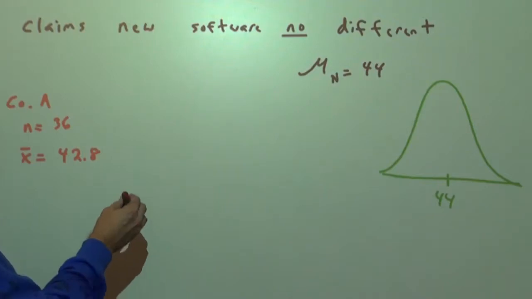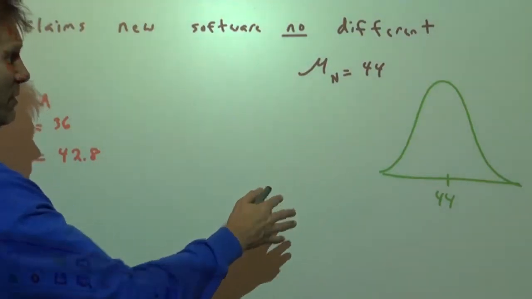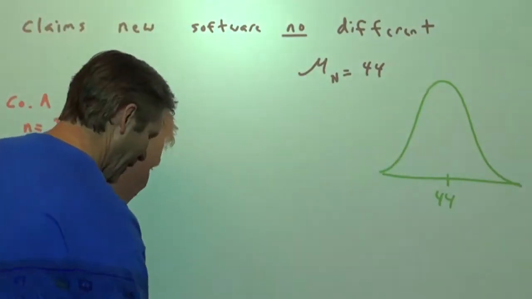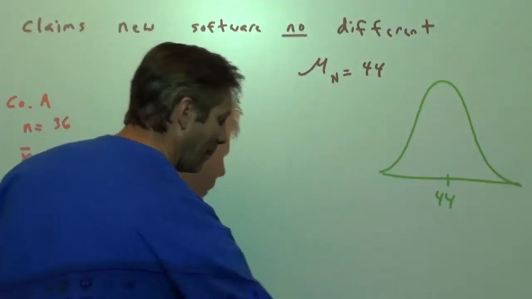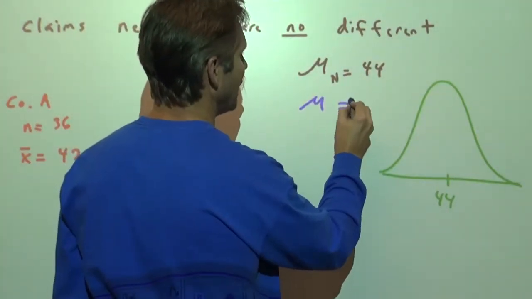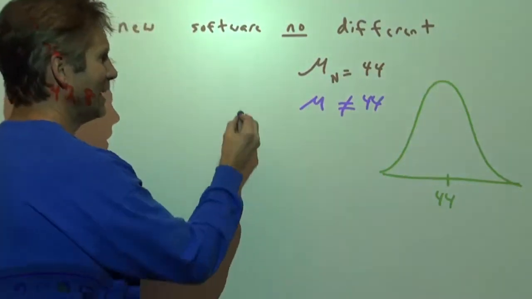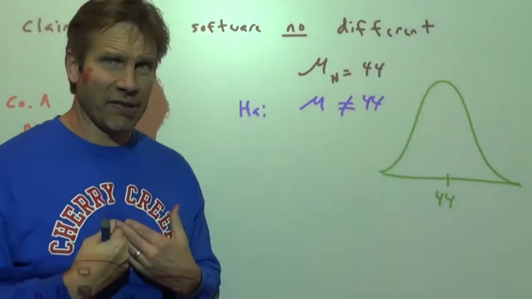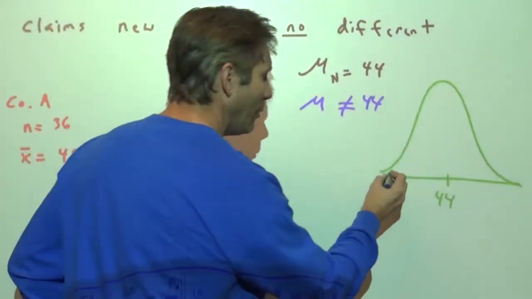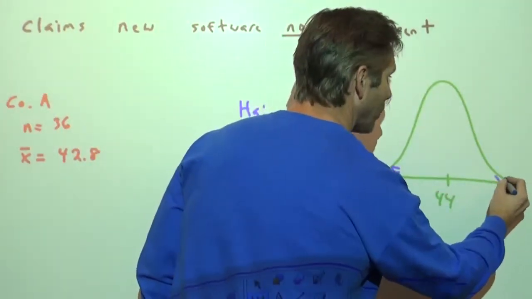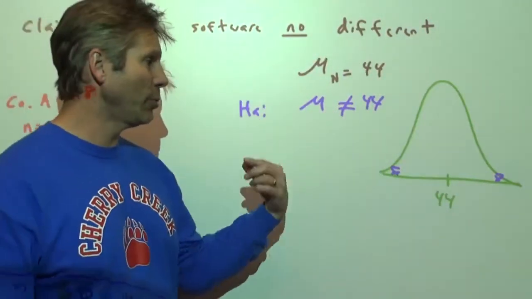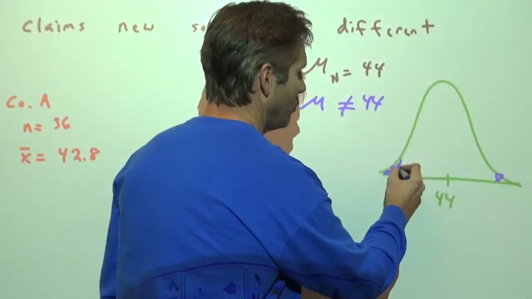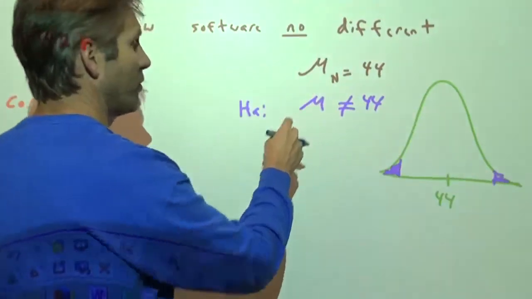Now, what if somebody instead claims that the new software makes no difference? It's no different than before. Now the claim is that the mean is equal to 44. And if you remember, we write down the complement to that: the mean is not equal to 44. Now, this becomes the alternative. Here's what's weird. What would it take to convince us that the mean is not 44? Well, now it could be a sample mean on the left side or on the right side, because not equal to means either less than or greater than. This now becomes what's referred to as a two-tailed test, a two-tailed alternative.